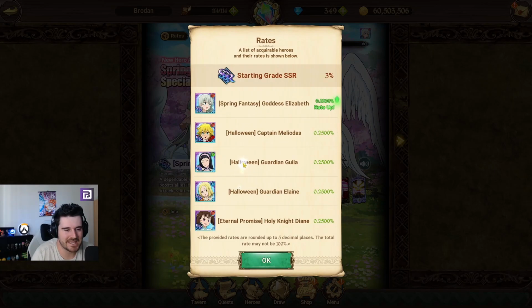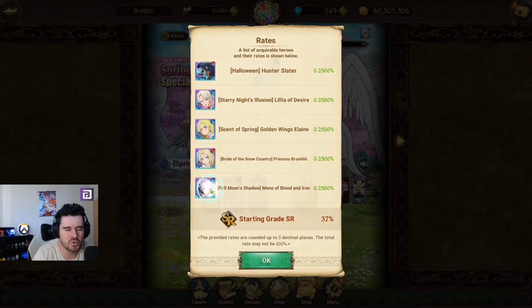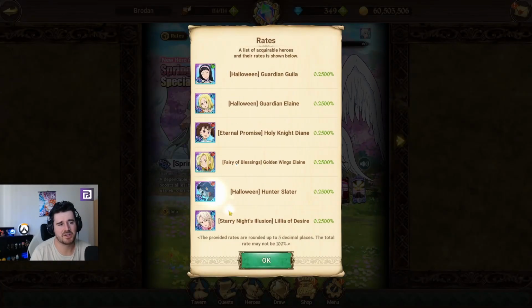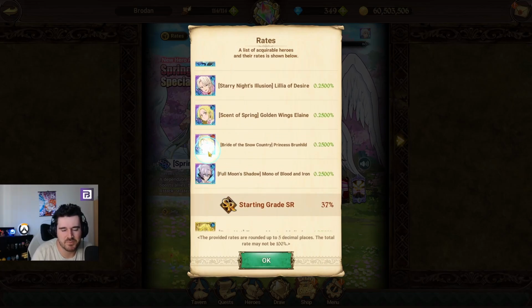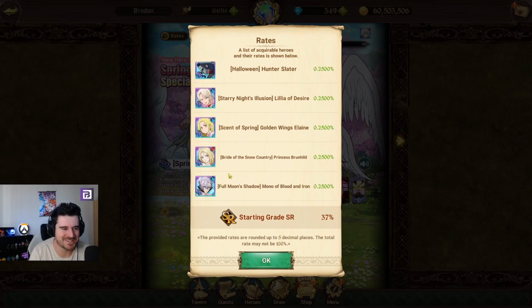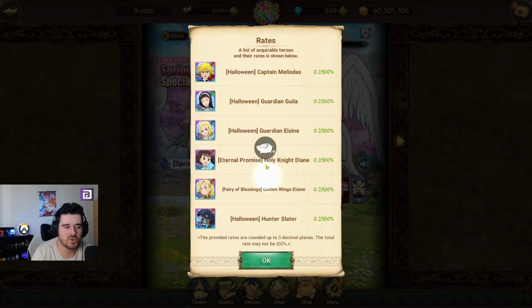So you've got all the Halloween and all the Christmas and spring stuff. This is basically the event banners, I think it's called. Princess Brunhild's kind of cool. Lilia's kind of cool. And when I say kind of cool, I mean this is my personal preference. These units are okay. Lilia's dropped off heaps. Princess Brunhild's dropped off heaps. She was never any good, unfortunately, as cool as I think Mono is. This is a really cool chance to get Halloween Slater, if you do want him. But all these units are just